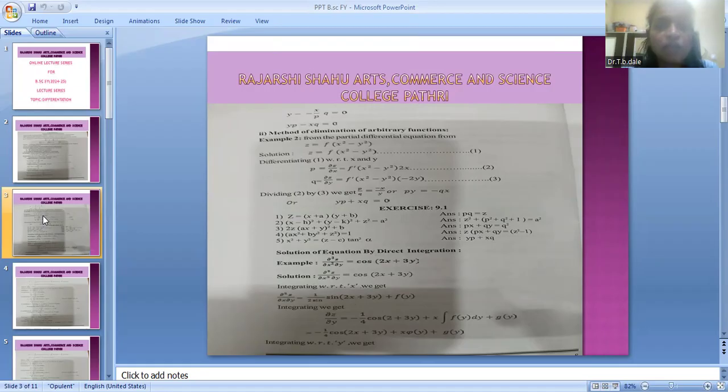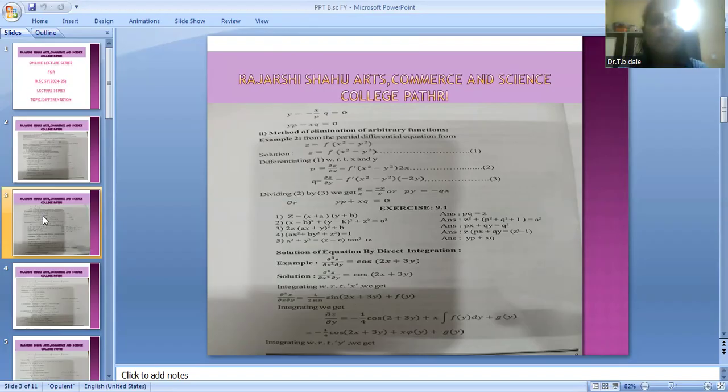The method of elimination of arbitrary function. Example number 2: form the partial differential equation from z is equal to f of x square minus y square. The solution is z is equal to f of x square minus y square, that is equation number 1. Differentiating 1 with respect to x, p is equal to dou z upon dou x, that is f dash in bracket x square minus y square